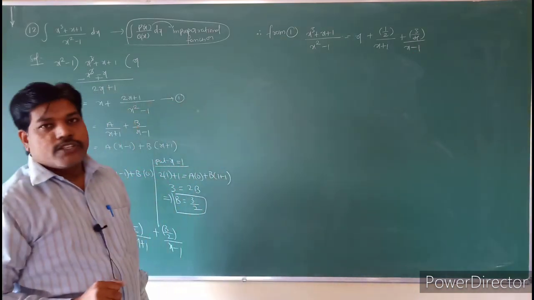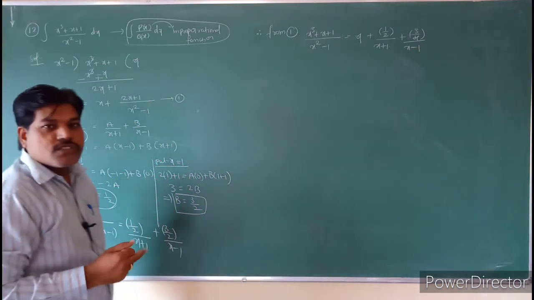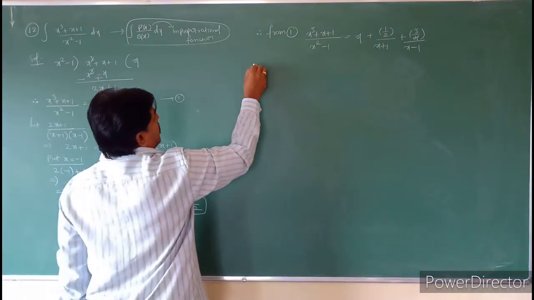So this is the value of x cube plus x plus 1 by x square minus 1. Therefore, what we will take is